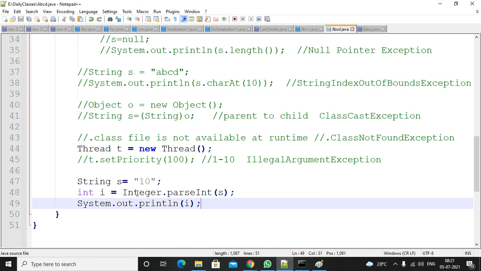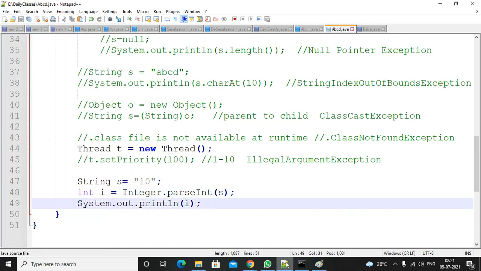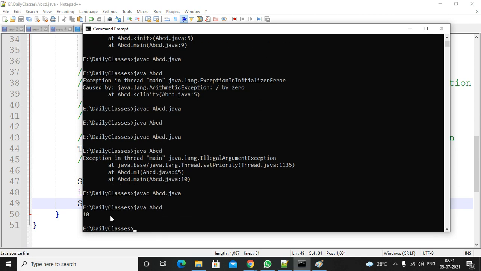So in this case, s is assigned the number 10, but in string format. To convert the string to an integer, you can apply the Integer.parseInt method. The integer will be printed on the output, so trying to print, executed, 10 is the result.